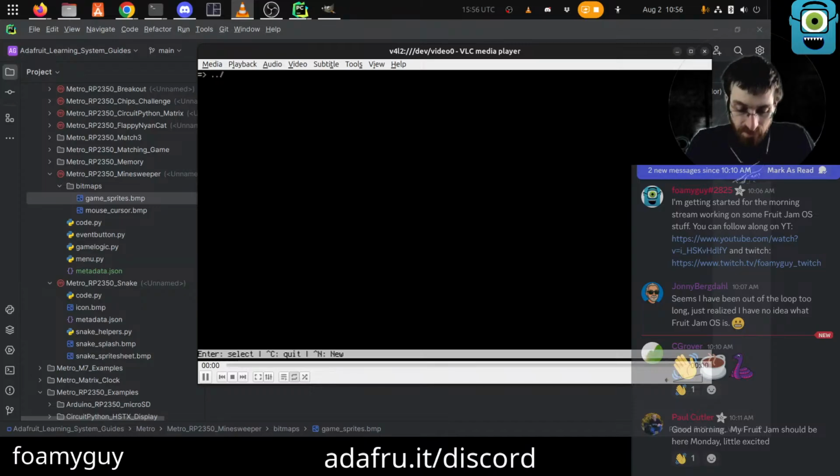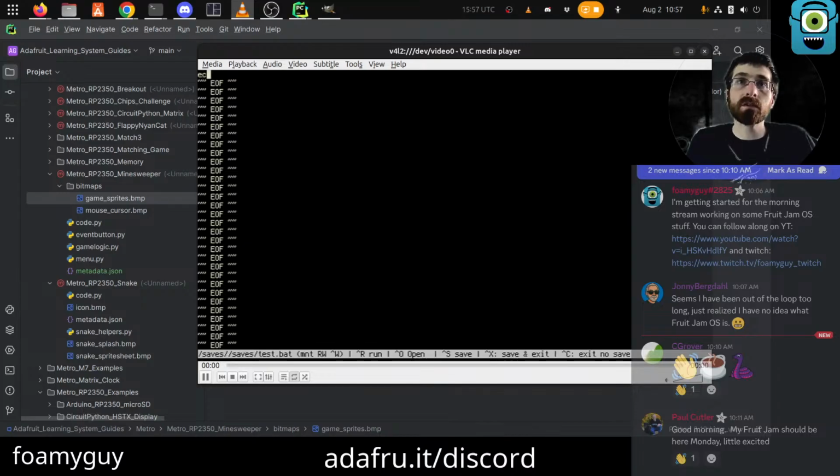Yeah. Okay, so I think I actually need to do save. Oh, actually, that went back one. I need to do new again. Then saves slash test bat. Not create read only. Huh. I thought that would work actually. I'm surprised that one didn't work. Oh, it will need to be slash saves because editor is inside of apps editor, right? So current working directory is in there. So we need to go to the root slash saves test.bat. There we go. Okay.